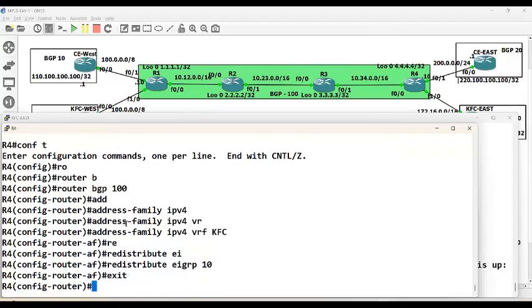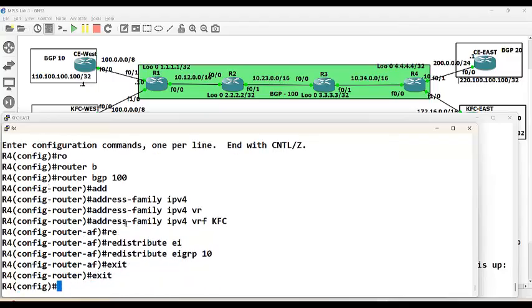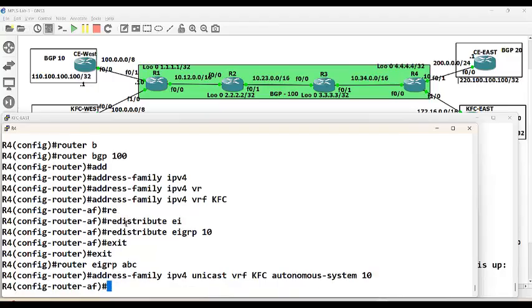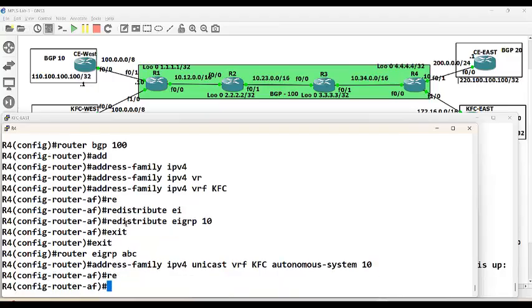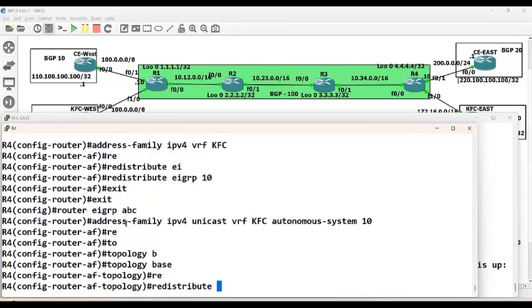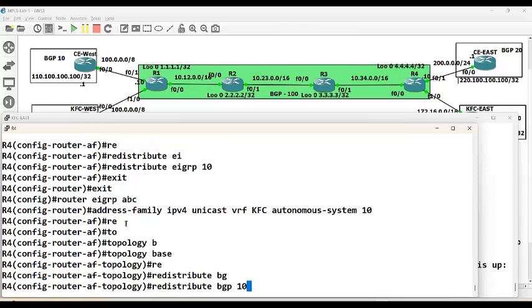Next, go under EIGRP, which we just created. I just created one, EIGRP ABC or something. I have to go there. EIGRP ABC, and go under that address family. And then go under the topology base command and say redistribute BGP 100 metric